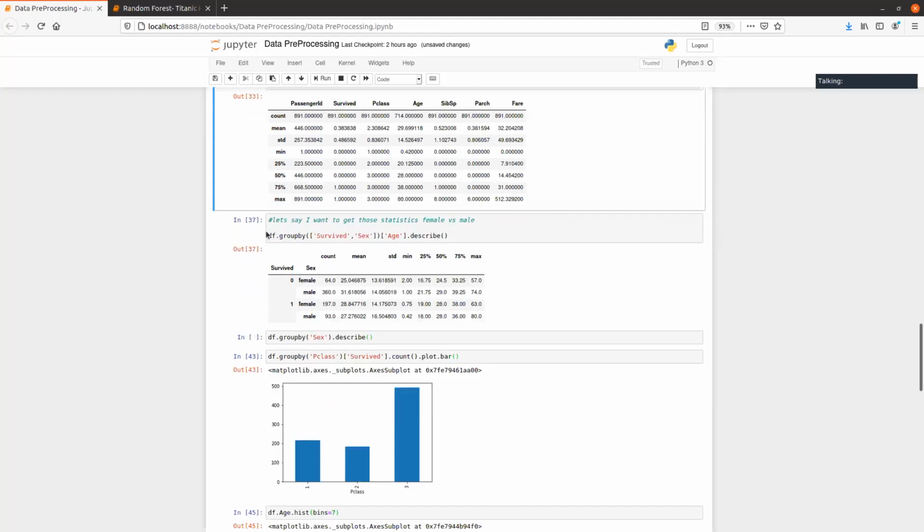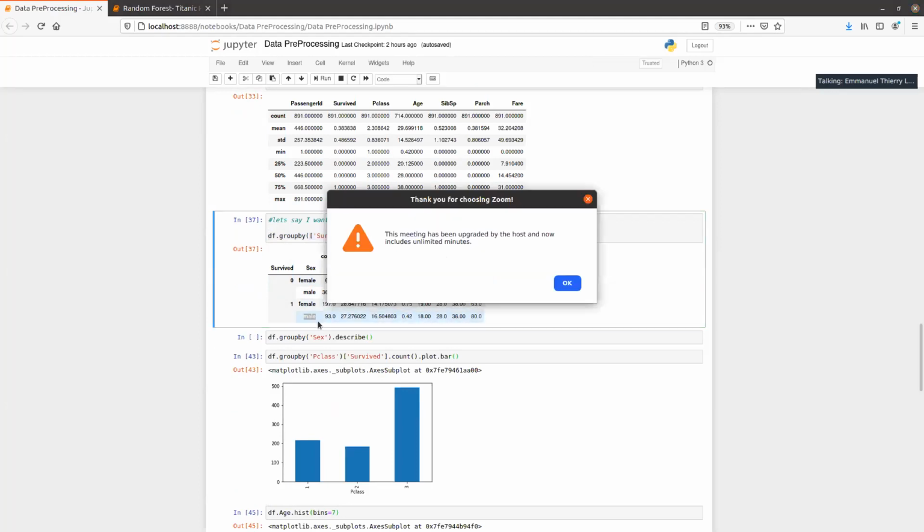You can also do some group by operation. Let's see, for example, how many died in the male group. We see that a lot of them died in the male group. So I group by survive and sex. And we can see here that,